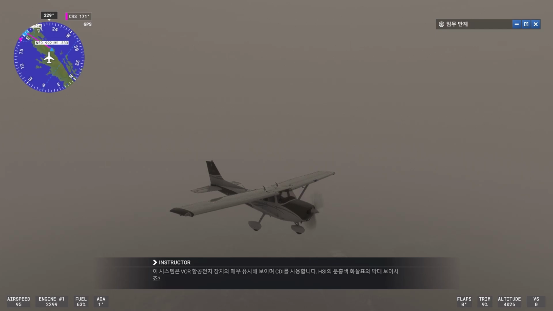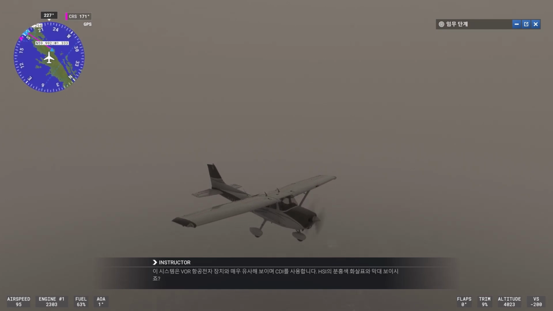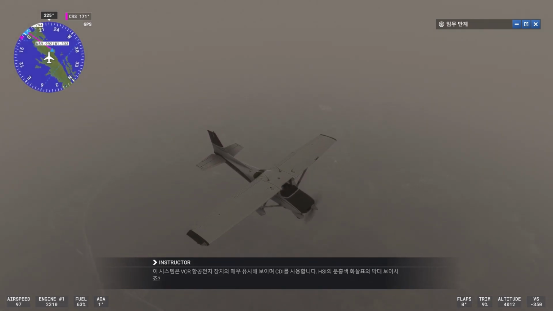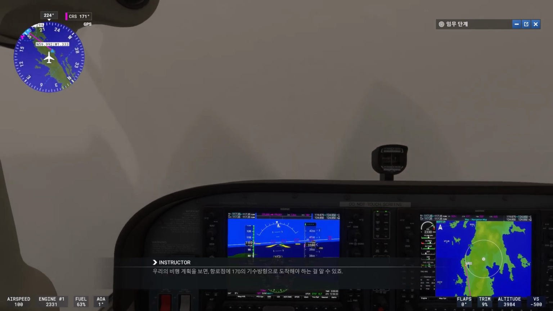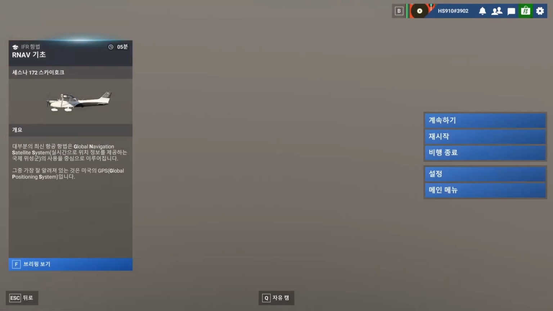The system looks very similar to the VOR on the avionics. We'll use the CDI. That's the pink arrow and bar on the HSI. Looking at our flight plan, we can see that we're supposed to arrive at the